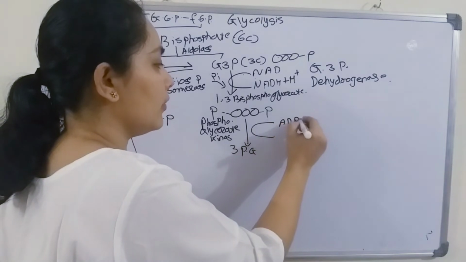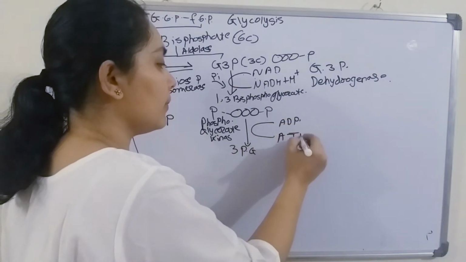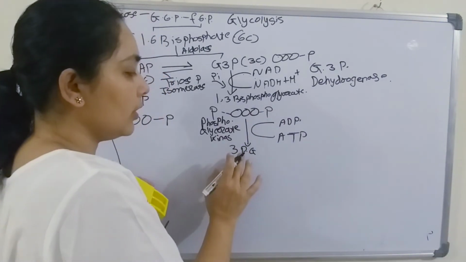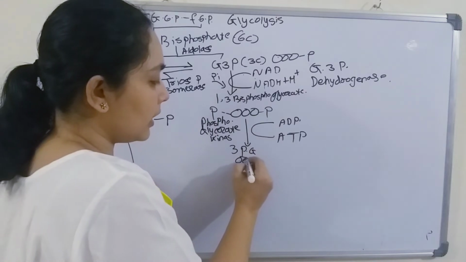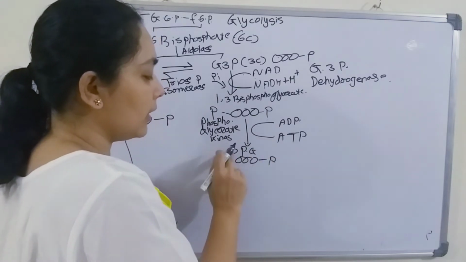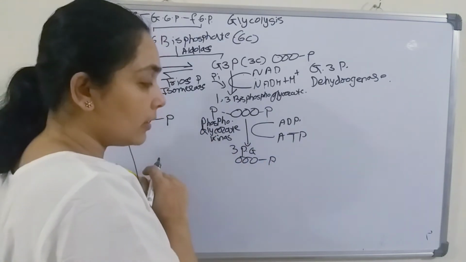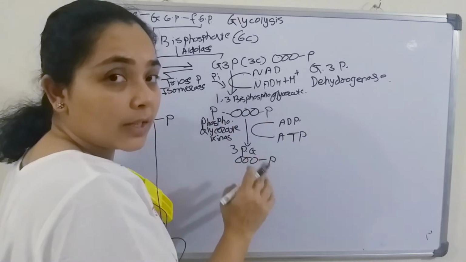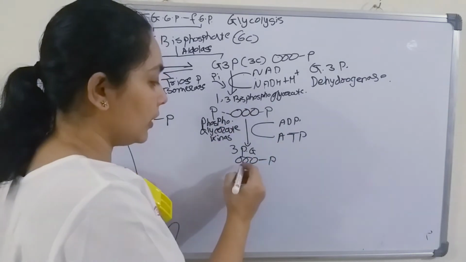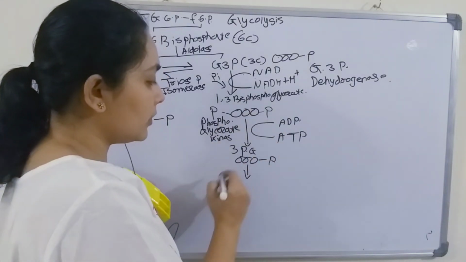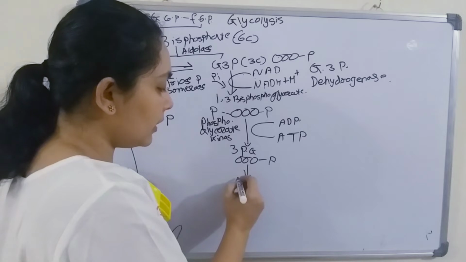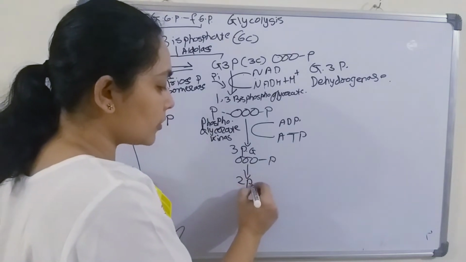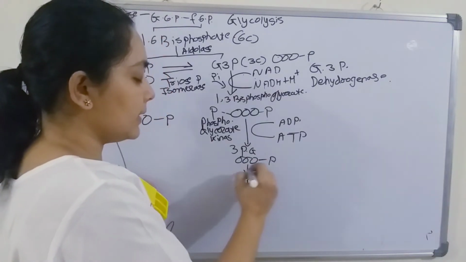ADP will convert to ATP. Right? Now again, this is a 3-carbon compound, and the phosphate group is present at the third position. Again there is a chance that we can get one ATP molecule here. So before that, this 3-phosphoglycerate will convert to 2-phosphoglycerate, and the enzyme is